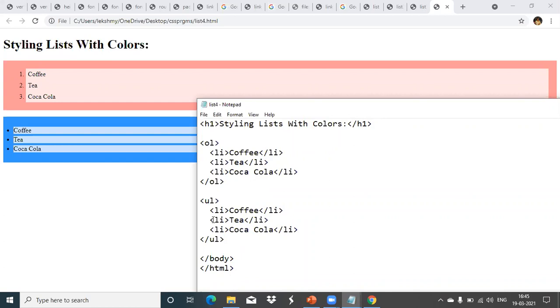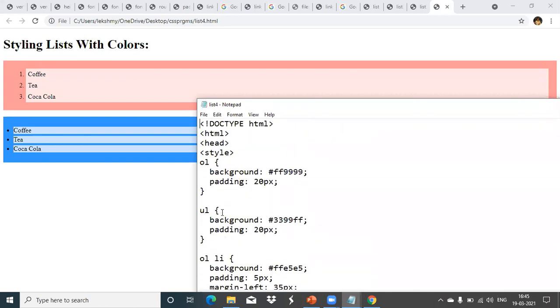So we can do styling for this ordered list and unordered list with colors also. Background colors also we can specify there. If you want the font to change, that font also I can implement there. Font family you can give. Text color also if you want, you can change it there. And all that, again, you can add the property values here. Okay. Any doubt in these things?